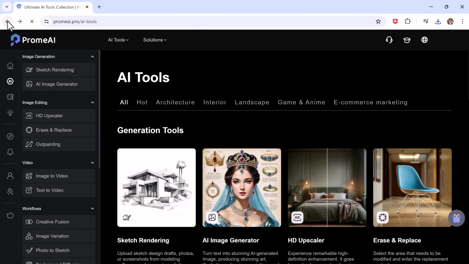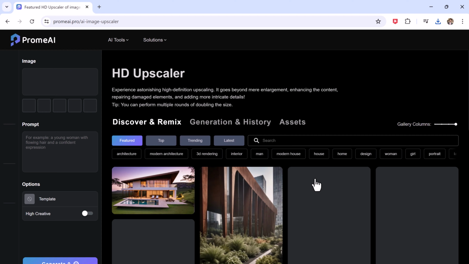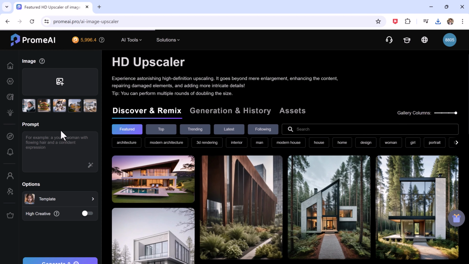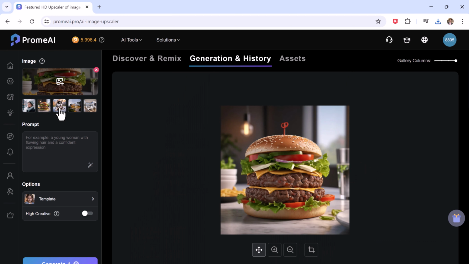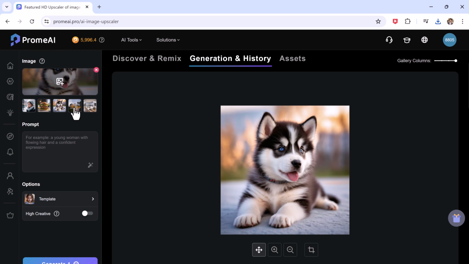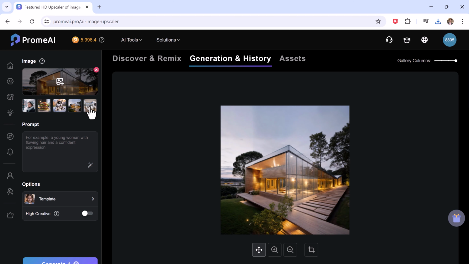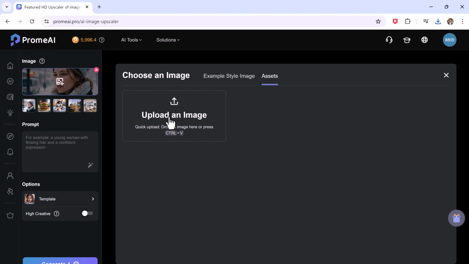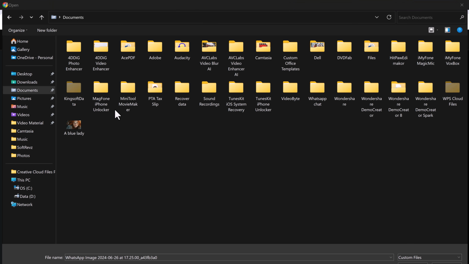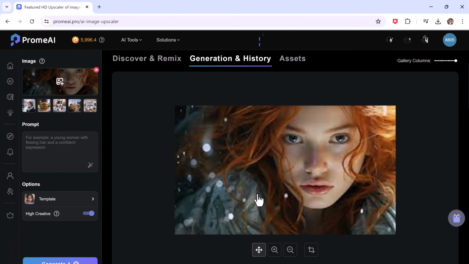And next we have HD Upscaler. Image Upscaler is a powerful tool that can enhance the quality of your images by increasing their resolution. This is especially useful for low resolution images that you want to use for printing or other purposes. The Image Upscaler uses a deep learning algorithm to intelligently upscale your images, preserving details and minimizing artifacts.